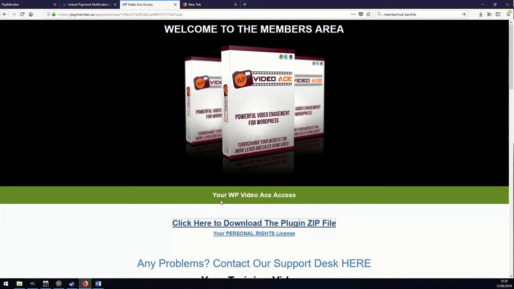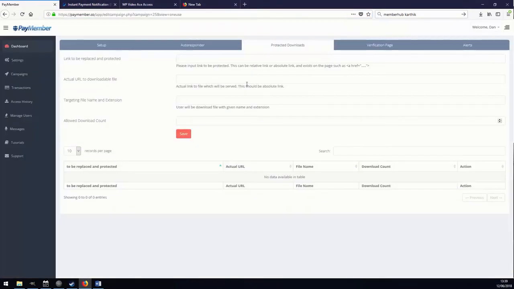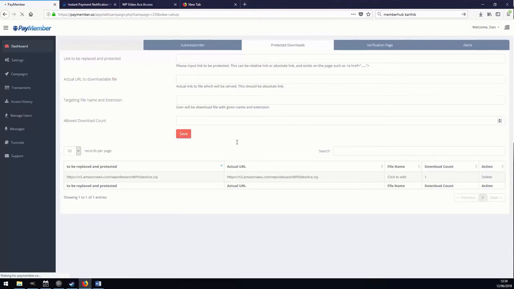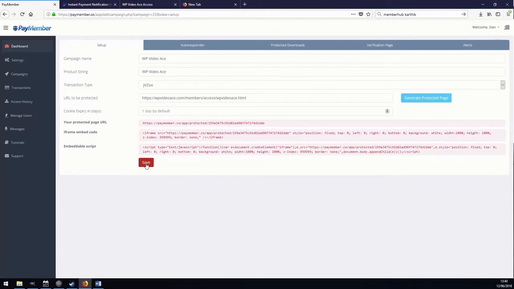So PayMember has a simple, powerful solution. All you need to do is copy the download link that appears on your page. So we go back to PayMember here. We'll just put it in here. We'll put it in there as well. We've got some other different options that you can configure with this, but I'll not go into them. We'll say someone's allowed to download it only once. We'll click Save. Then we go back to the page. So then we will just save these changes and then generate the page again. So if we open this up,